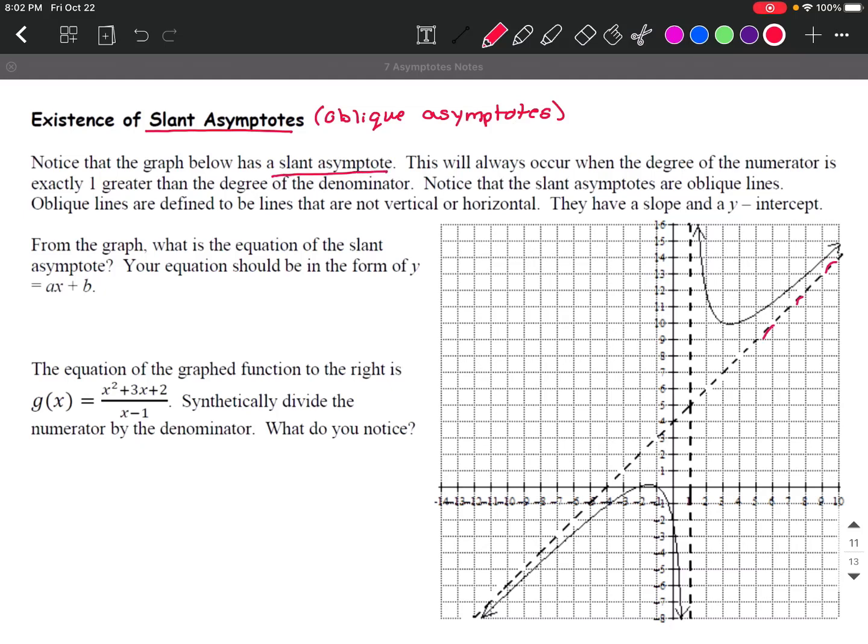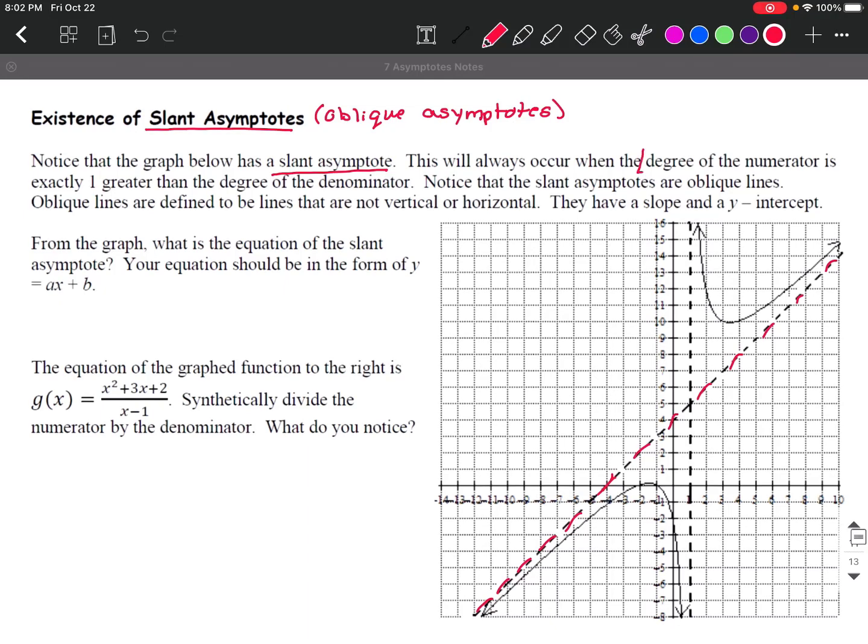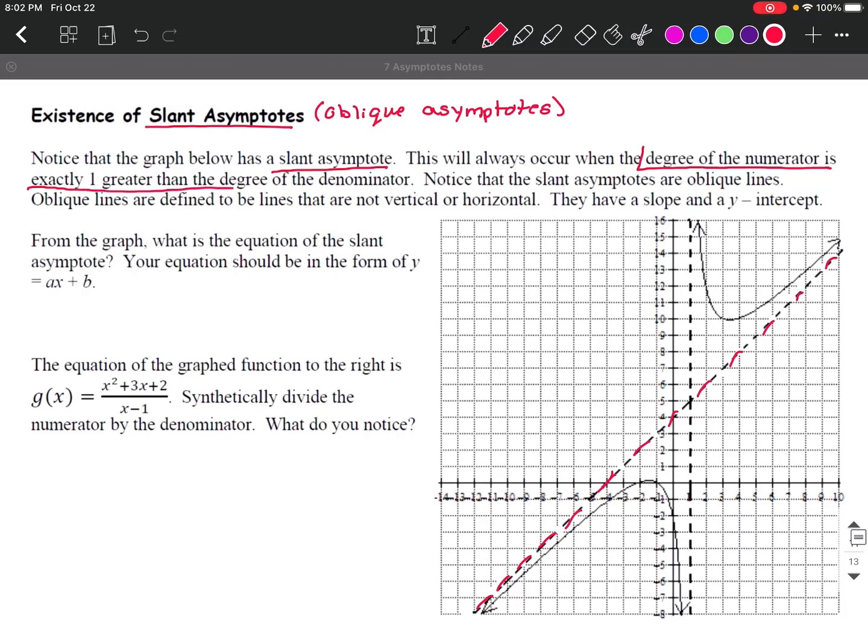This will always occur when the degree of the numerator is exactly 1 greater than the degree of the denominator. That's important. The degree of the numerator is exactly 1 more than the degree of the denominator. So let's say degree of numerator equals 1 plus